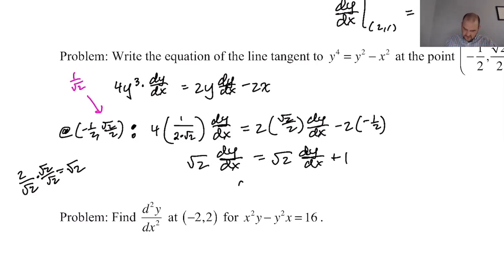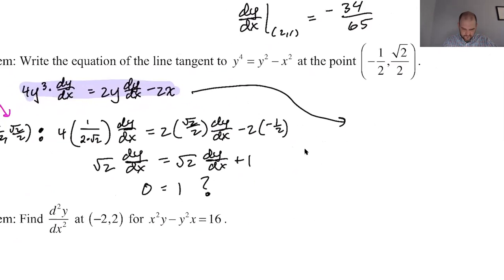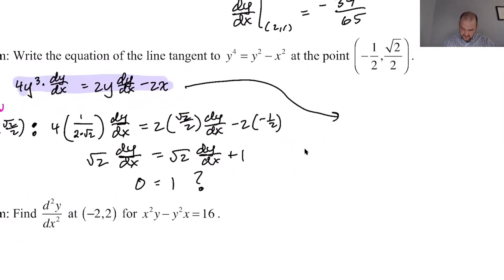So what does this give me? It gives me 0 equals 1. That's not true. There's no dy/dx's. So why did this happen? To figure out what happened, we have to go back to here, and we're going to actually solve for dy/dx and see if we can figure out what's going on. So here, I'm going to get 4y cubed minus 2y times dy/dx